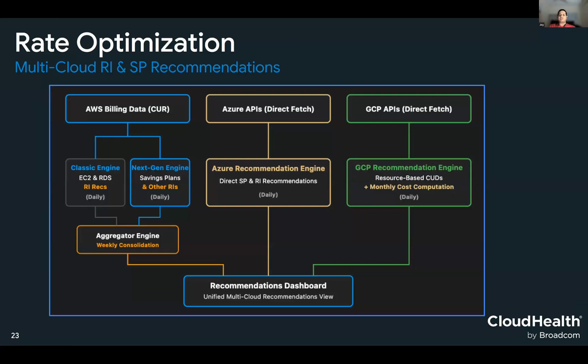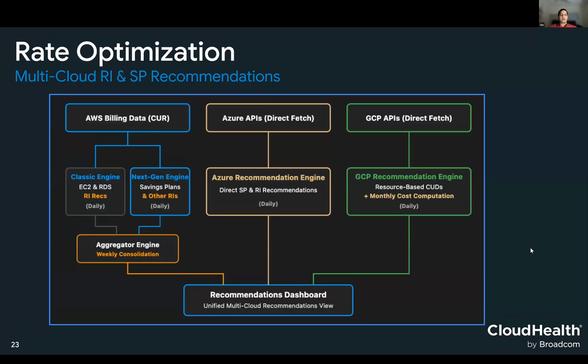Hey, good everyone. Thank you for joining today. I'm Joy. In a multi-cloud environment, achieving rate optimization is one of the critical aspects of cost control. Today, I'm going to walk you through the high-level architecture that powers our commitment discount recommendations and realized savings capabilities in the context of rate optimization. So we look at how we ingest data for AWS, Azure, and GCP, how our engines generate recommendations, how we compute realized savings, and how we ensure absolute data integrity and reliability at each stage of the pipeline.